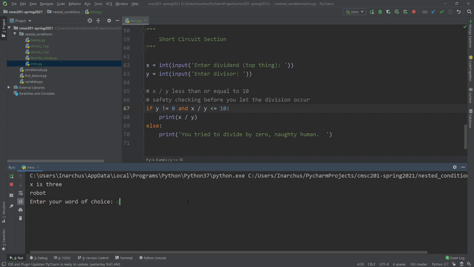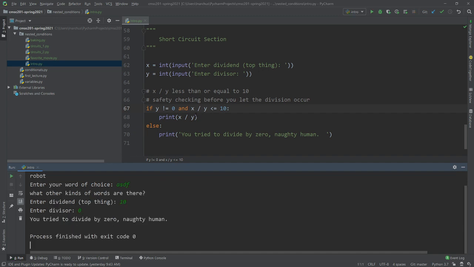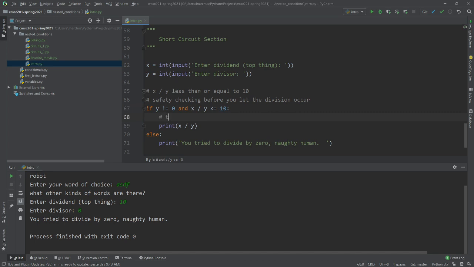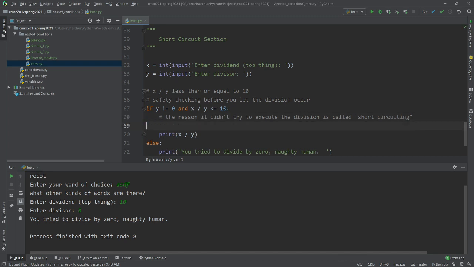And the answer is, let's divide 10 by 0. And so you tried to divide by 0. So how did it not just fail here, right? It wasn't going to try to execute this. But why didn't it try to execute this division? So the reason it didn't try to execute the division is called short circuiting, which basically means that as Python reads from, say, left to right in this case,